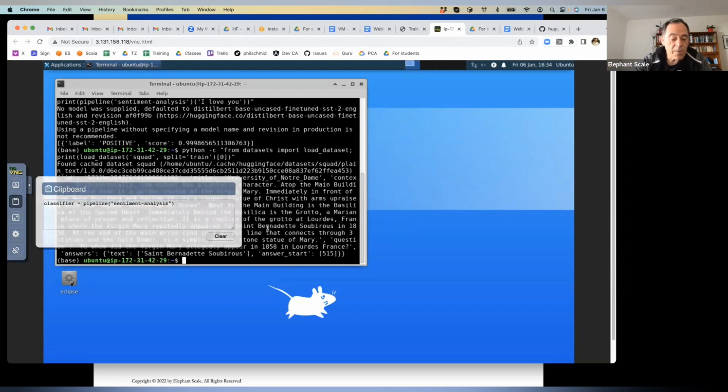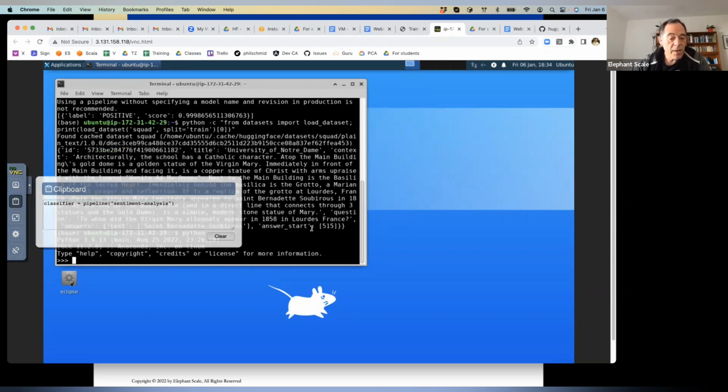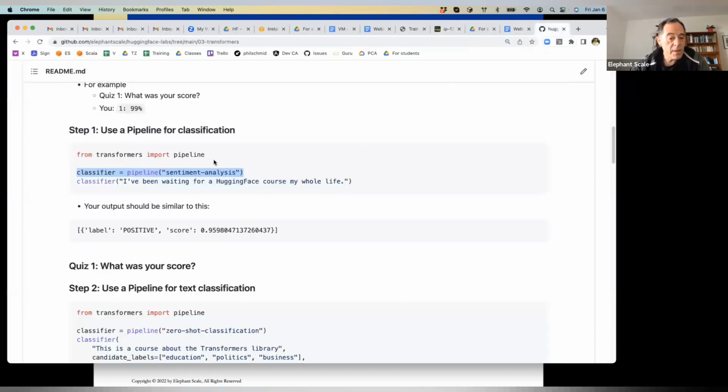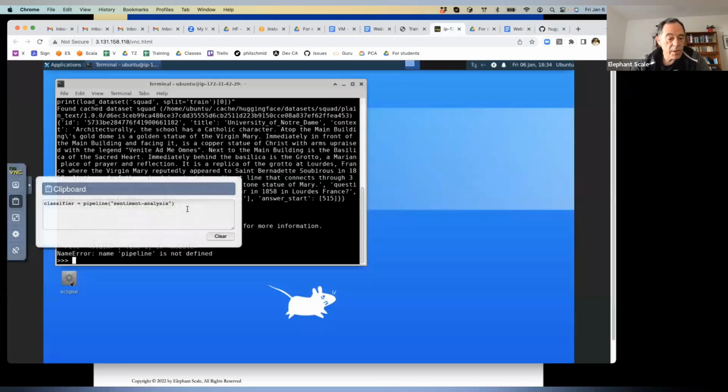That assumes that from here on I'm within Python. So I'm saying Python, and now I'm pasting this, and that, that's because I forgot to import the pipeline. So let's look at how you import pipeline. This is what I forgot. So I'm copying this, putting it here,